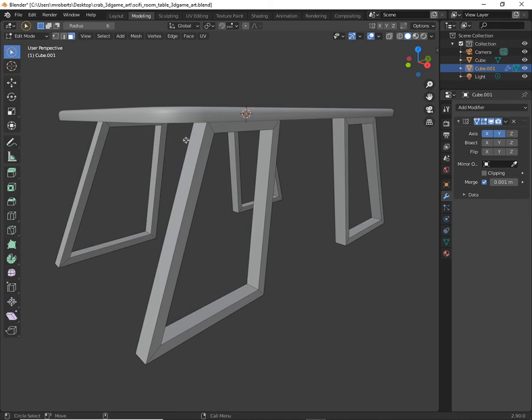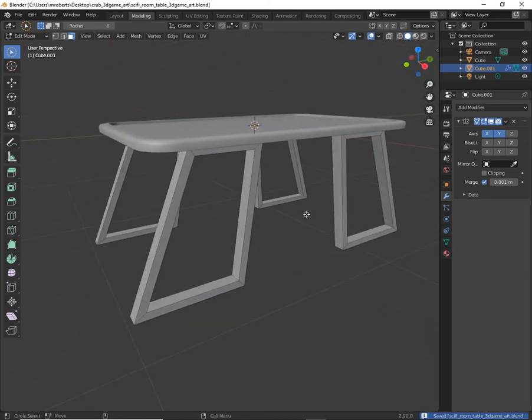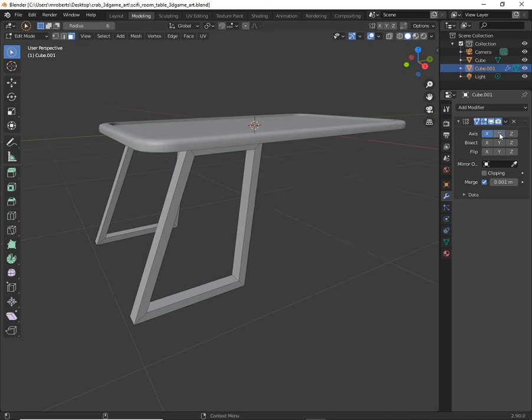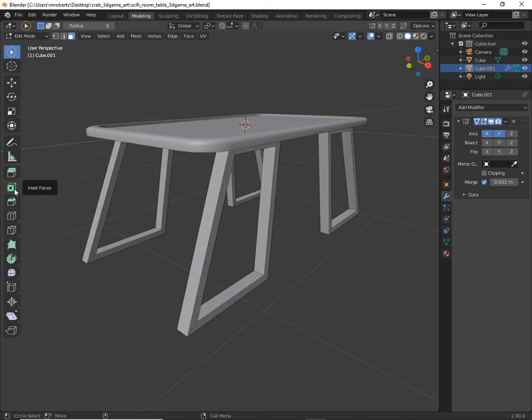Now, of course, you can come in and you can bevel these. I'll save the next video for that because I still want to do one or two more things on this table before we're done. But I did really want to show you guys how truly amazing the mirror modifier is in Blender, and you could switch it as you go. Once you really understand how this mirror modifier works and how powerful it is, it's truly impressive. But we also got to see a little bit about that inset tool again,